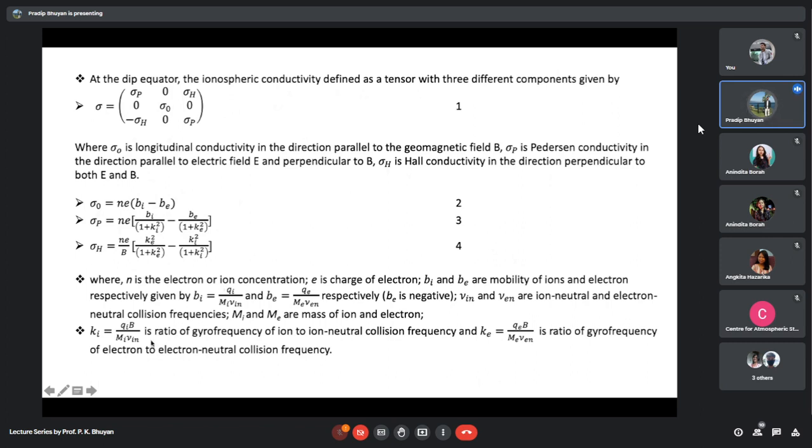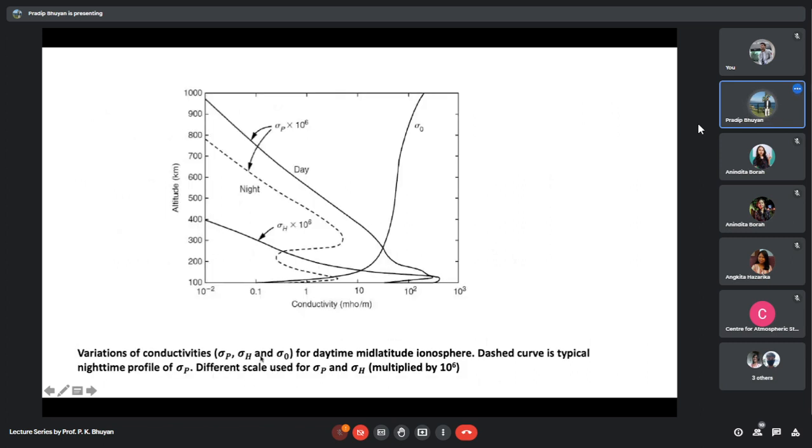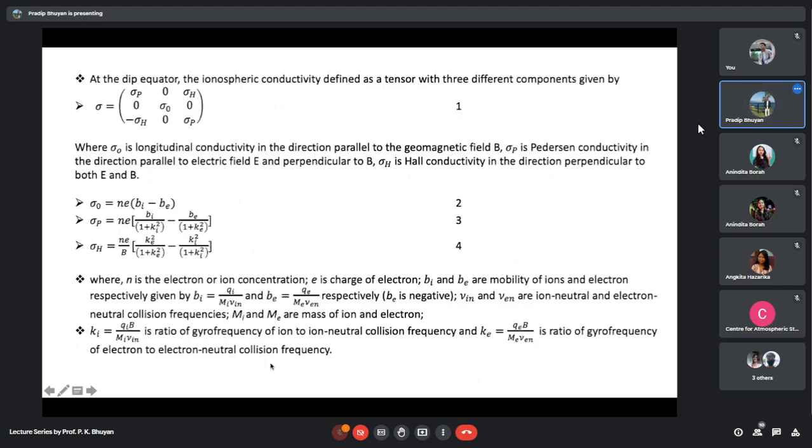Ki is the ratio of the gyro frequency of the ion to the ion-neutral collision frequency, and Ke is the ratio of the gyro frequency of the electron to the electron-neutral collision frequency. Ki is Qi B divided by Mi nu